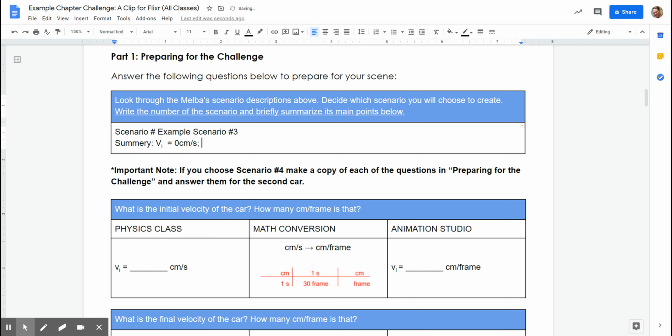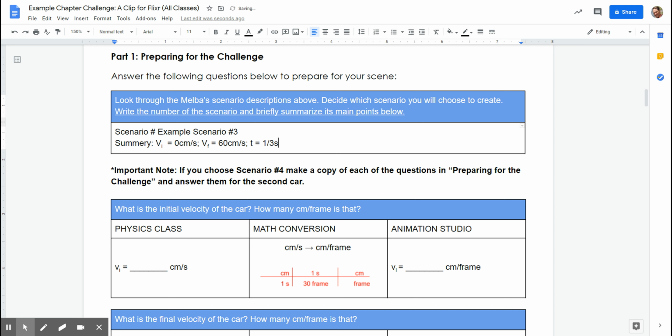That was given in the problem, right? And my ending velocity, we could say V F for my final velocity, is equal to 60 centimeters per second. And last, it says that I accelerate for a time of